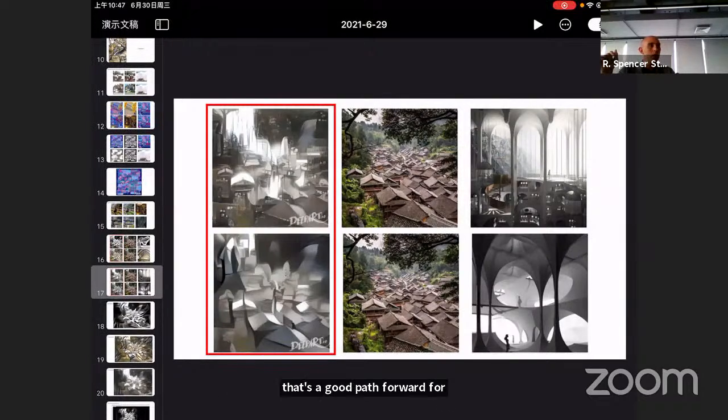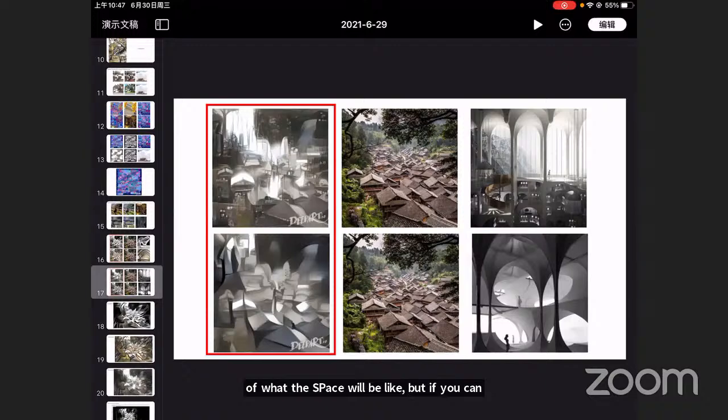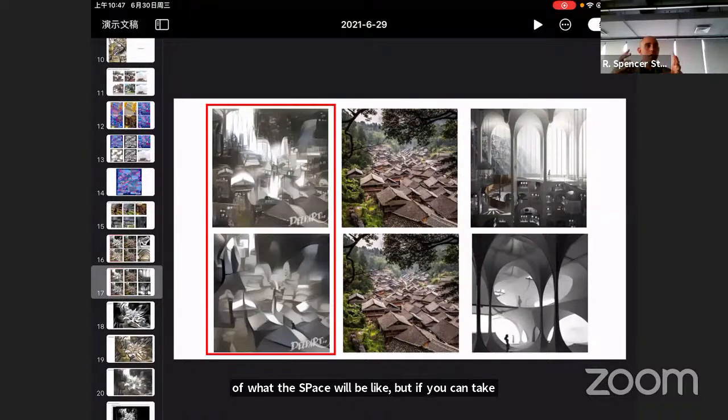But I also think that you can take images from your whole selection and start to think about them at different scales, and let these different images inform different scales of the model. Meaning that one image is not going to give you a full resolution understanding of what the space will be like. But if you can take different style transfer images and start to think about them as maybe a zoomed in detail, or a zoomed out overall view, or a medium scale view,